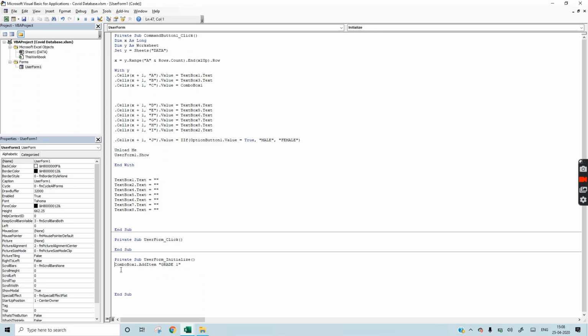Whatever you want to write in the combo box, suppose I am taking 4 grades, so I'll copy paste this data 4 times. If you have 9-10 grades, then you have to copy paste 10 times.